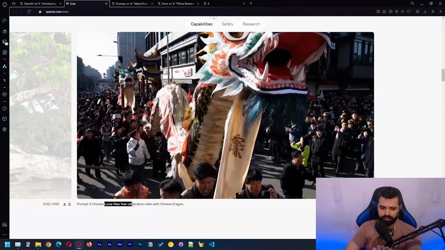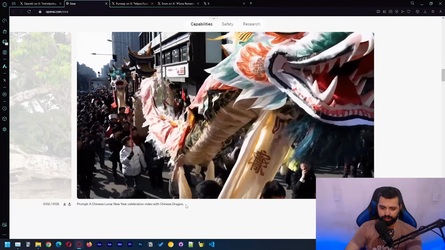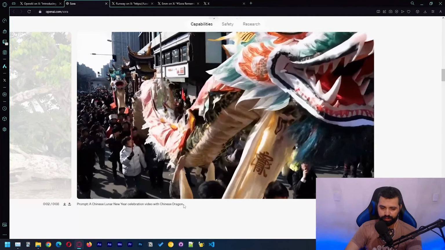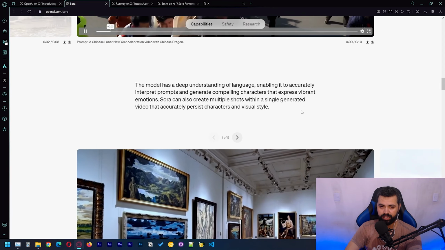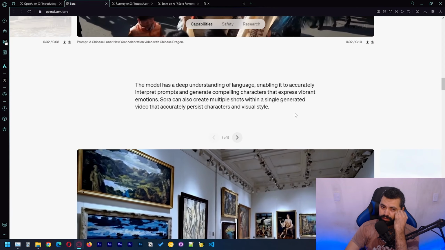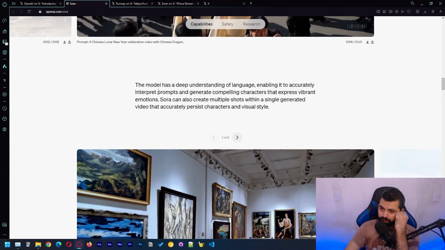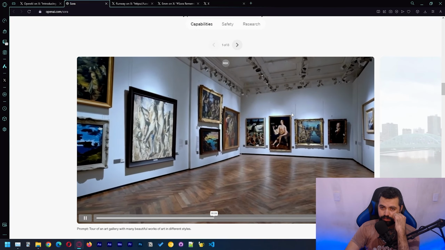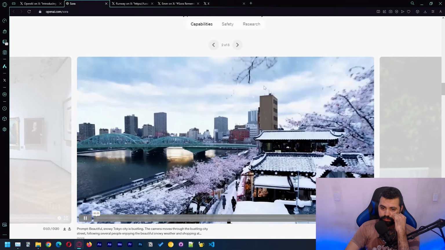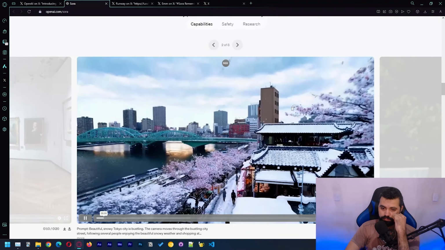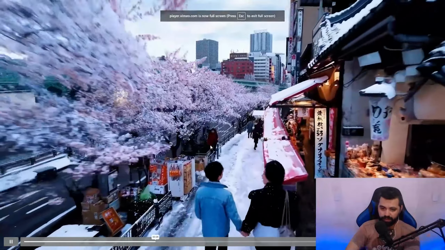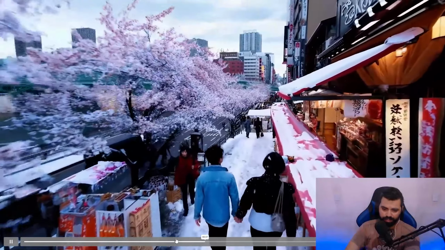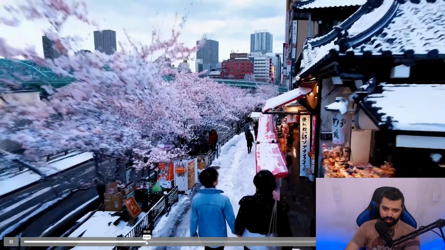Chinese Lunar New Year's celebration with a dragon. Yeah, they also say the model has a deep understanding of language, enabling it to interpret prompts and generate compelling characters that express vibrant emotions. This is the one that we saw on Twitter. There's some weird things happening here.